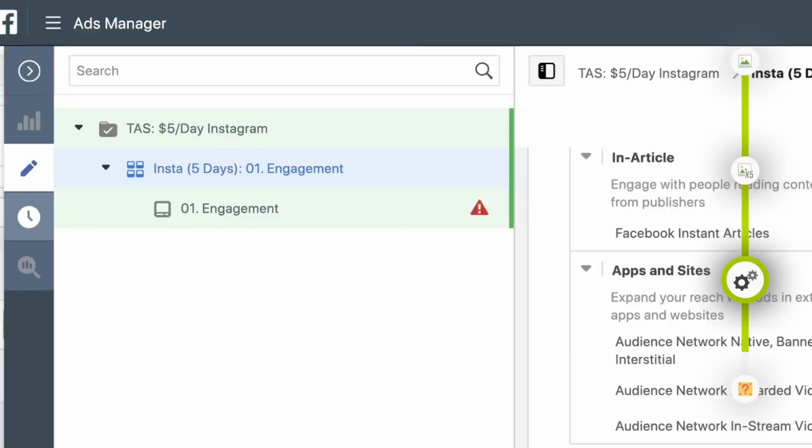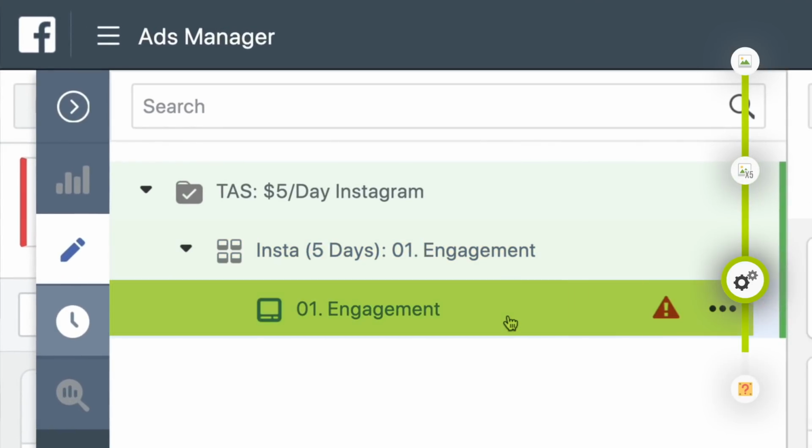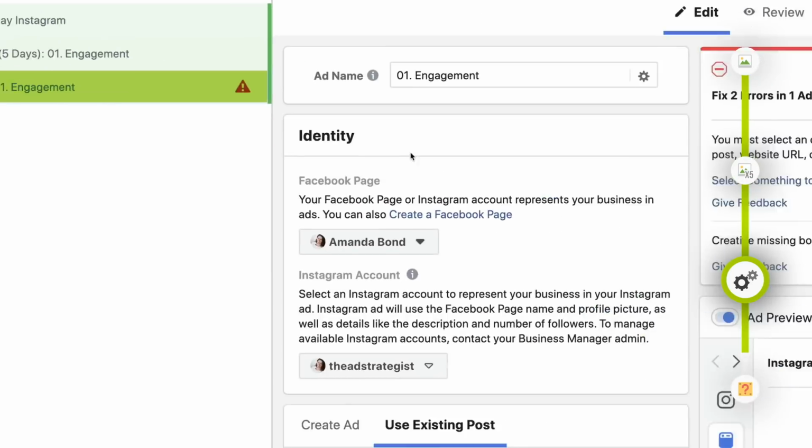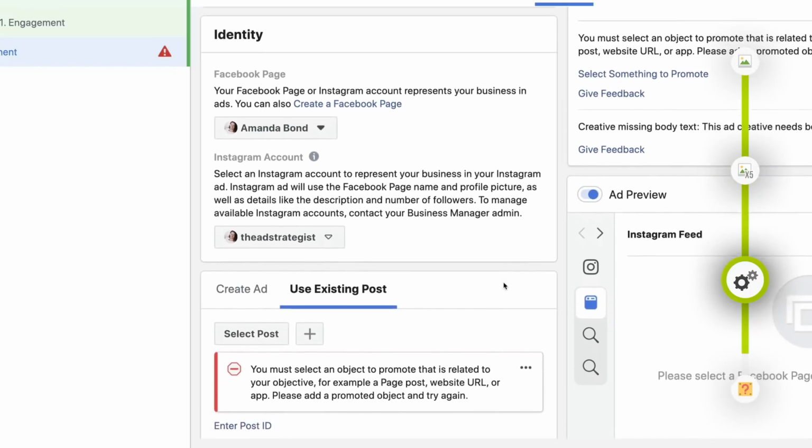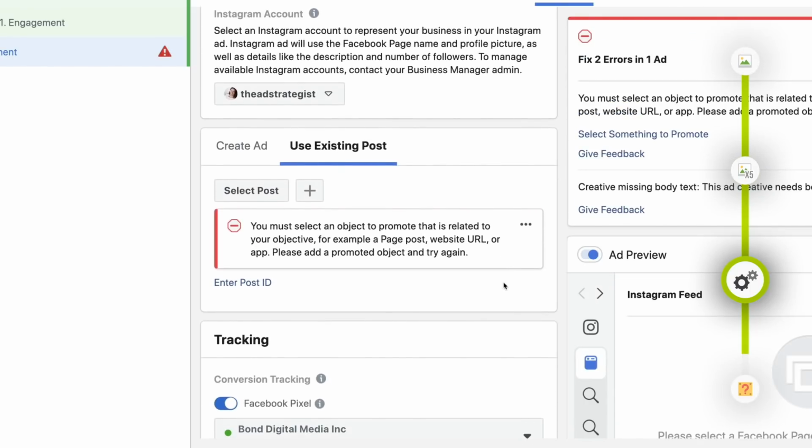We'll click down to the ad level where we'll confirm that the correct Instagram account is selected. So in this case, it is the ad strategist. We can move on. And lastly, because we're using existing organic content, you've already done the hard work of doing your ad copy and creative.